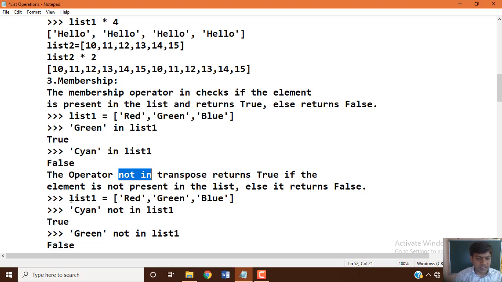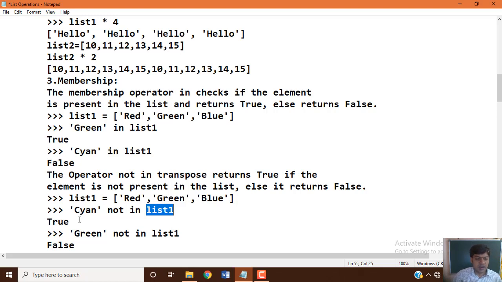See list 1, the same example which we took: red, green, blue. Cyan not in list 1. We are saying that this particular data item is not there in the list 1 variable, which means true. List 1 contains red, green, blue, and we are saying that cyan is not in list 1, yes, which is true, so the output is also true.